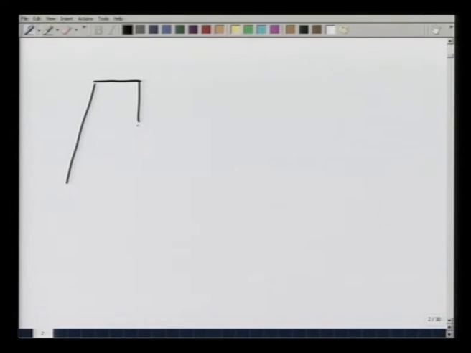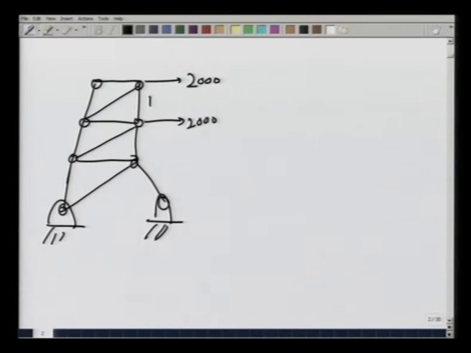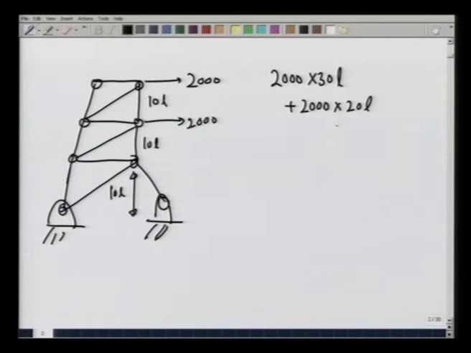The value of N A y or N H y can be obtained by applying the torque equation, and I am going to take the torque about point H. So if I apply torque about point H, this is 10 L, this is also given to be 10 L. Then by the torque equation I get 2000 times 30 L plus 2000 times 20 L